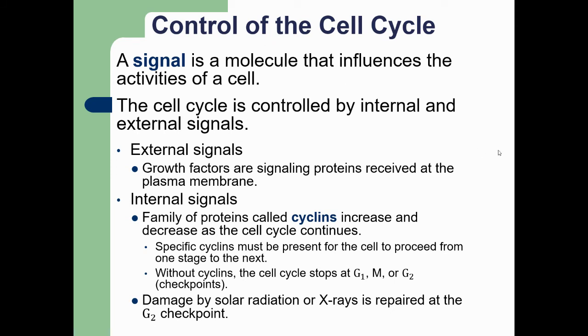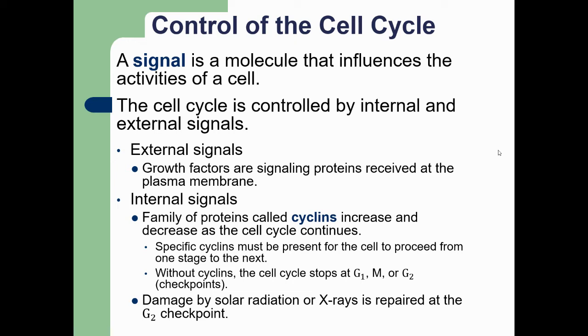we have signaling molecules that influence the activity of a cell. The cell cycle is controlled by both internal and external signals. Some external signals are growth factors. They signal proteins on the plasma membrane and say, hey, it's time to divide. Or, hey, our density is enough right now. We have more than enough cells. Stop dividing. We can also have internal signals, a family of proteins called cyclins that are produced by the cell,